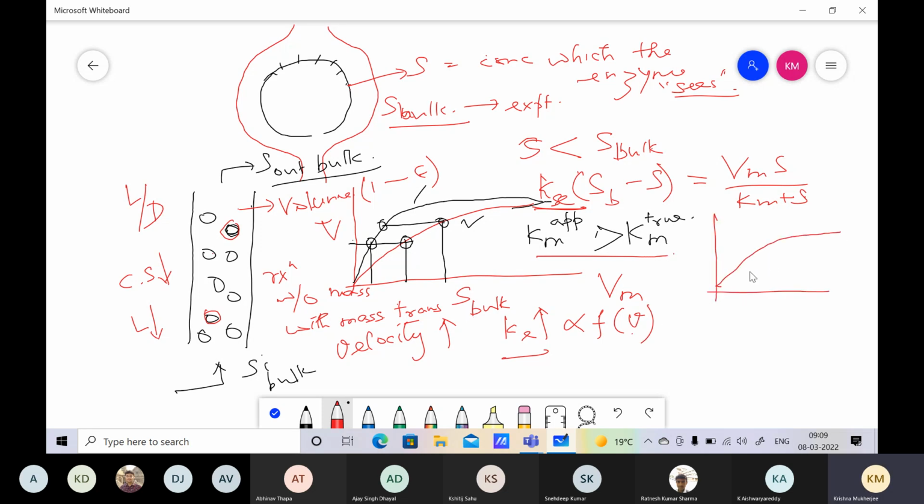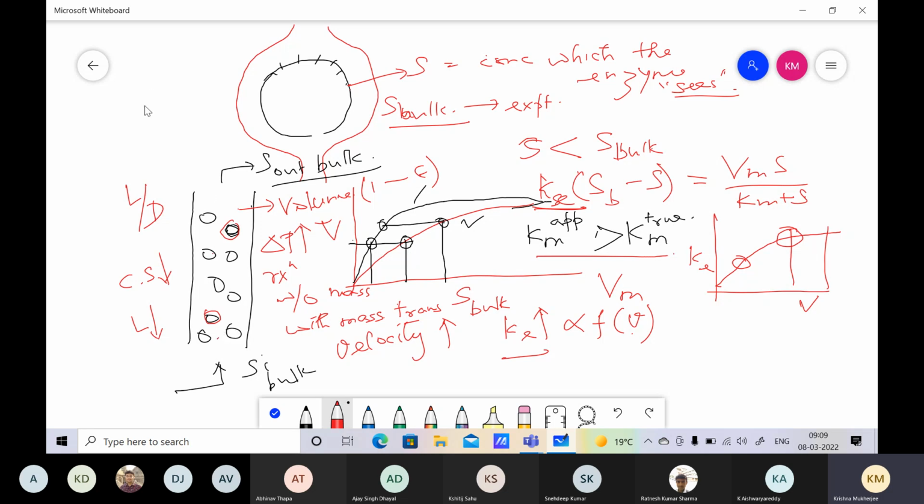It's again asymptotic. So you want it to increase, but beyond a certain point, the increase in velocity does not increase the Ke too much. And so you want to operate somewhere here, not here. Because if you keep on increasing velocities, Ke will not increase significantly, but pressure drops will tend to go up very fast. So you cannot have very narrow